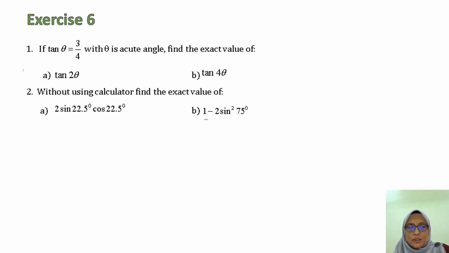Okay, so this is exercise 6 for you to try. So I give you the answer. This one is 24/7. So this one is negative 336/527. Okay, so selain daripada double angle, so kalau awak ada 3 theta, 4 theta macam ni, tangent 4 theta,